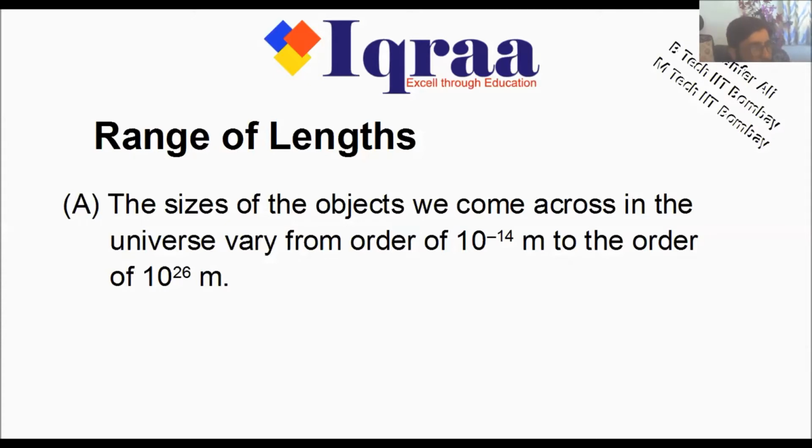Now in this last part of this lecture, I am going to discuss a few units, measurements and physical quantities to just get the feel of physics. We are not going into the detail of the subject. Regarding the length part of the universe, the sizes of the objects we come across vary from the order of 10 to the minus 14 meter, which is the size of the nucleus, to the order of 10 to the 26 meter, which is the currently measured size of the universe. So you can see the range of the measurement.